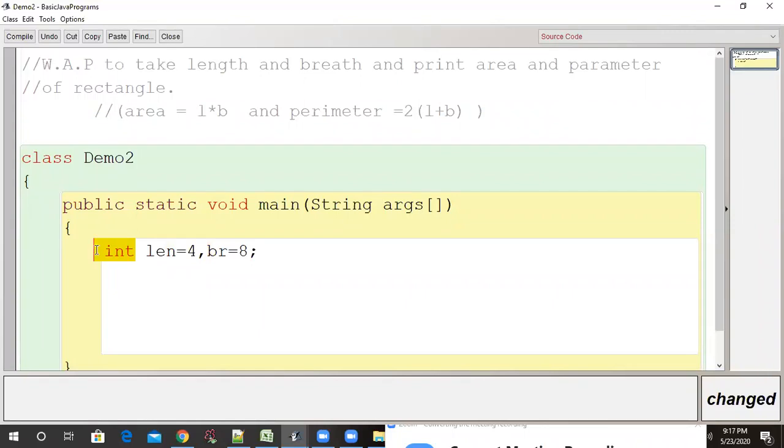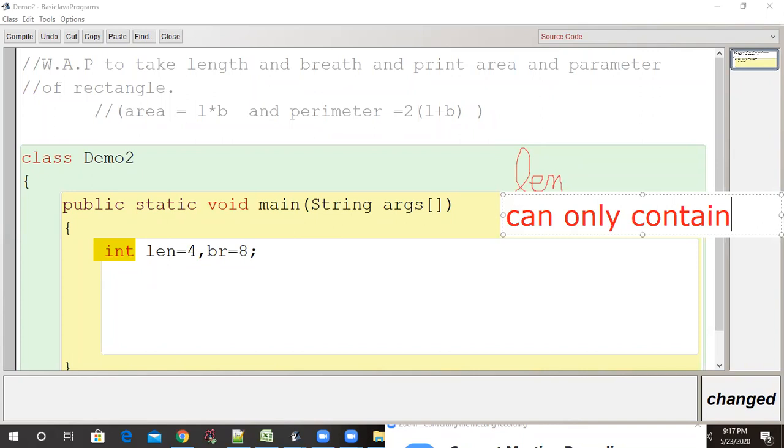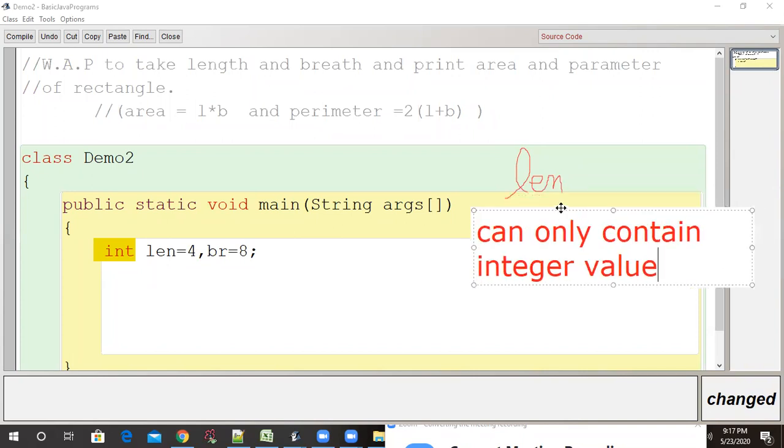So this is basically an integer type, meaning this len can only contain an integer value. Are you agree or not? len can only contain the integer value.